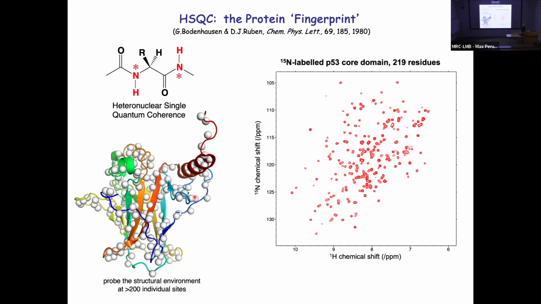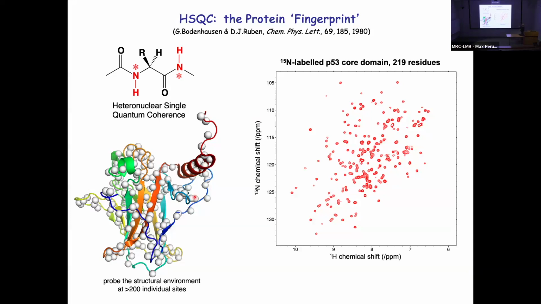And then in this typical representation, we've seen it before, we've got proton chemical shift, and the chemical shift of its directly bonded N15 throughout the backbone of the protein. And in this particular case, 219 residues. So we get roughly 200 different spots in there that are reporting on the state of the magnetic field at each of those individual sites. So we have this site-specific